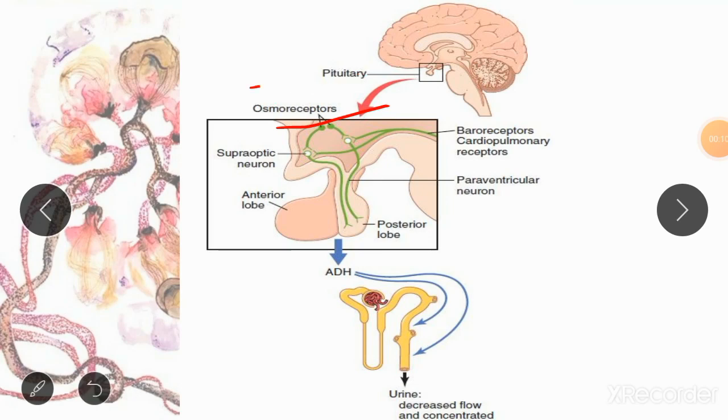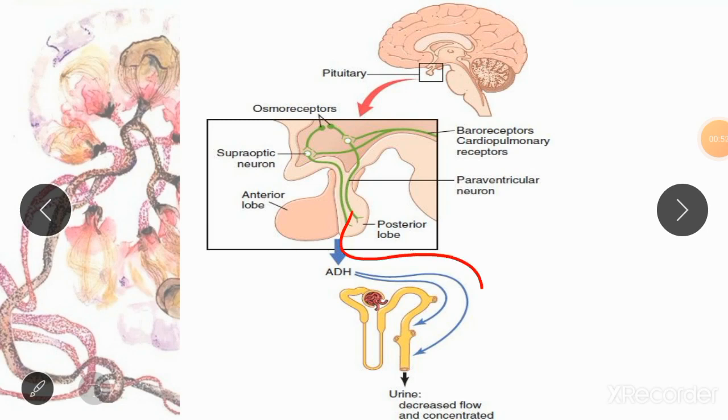Whenever the blood becomes hyperosmolar because of dehydration, the osmoreceptors are going to shrink because they are going to lose water into the blood. As you know, water moves from a region of low concentration towards the high concentration. So water from the osmoreceptors is going to move towards the extracellular fluid, and the osmoreceptors will shrink, and this shrinking of osmoreceptors is going to send signals to the supraoptic nucleus, and supraoptic nucleus is going to form ADH and send it to the posterior pituitary, and from there it is going to be released into the blood,